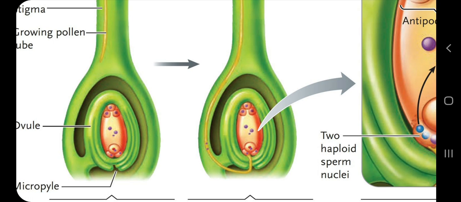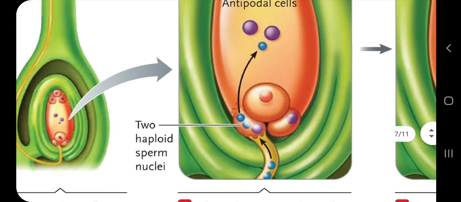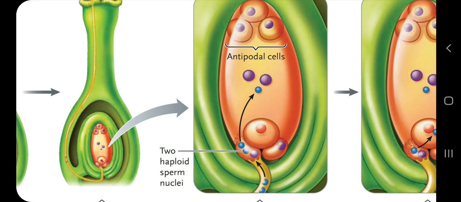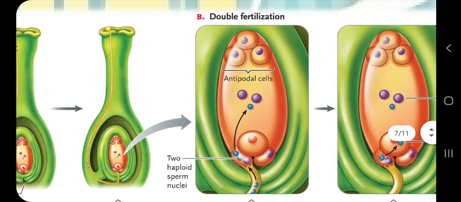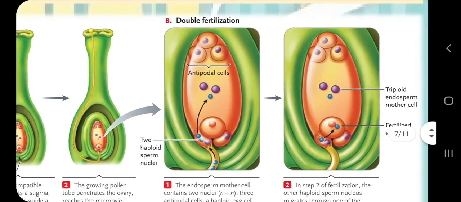Or the egg. Actually the process is very complex. The pollen tube will not reach directly to the egg. With the help of these two synergids, synergid meaning the helpful cells, these two male gametes, let me remind you again, two male gametes produced by the generative cell within the pollen grain, will go inside the embryo sac, and one male gamete, which is called a sperm,